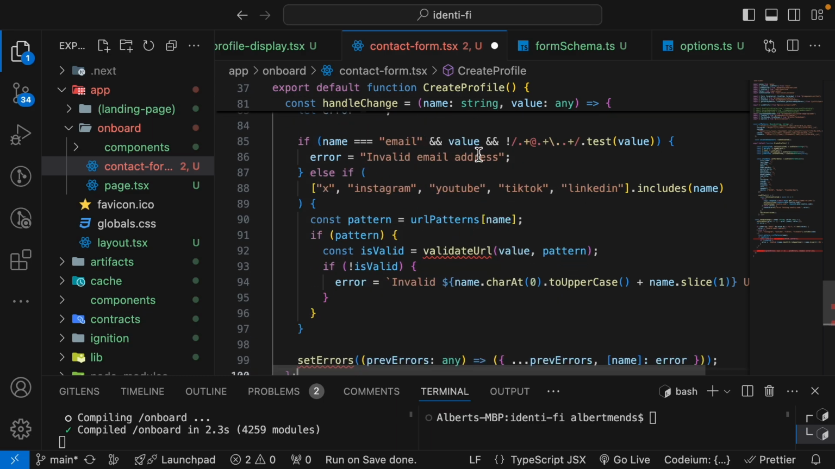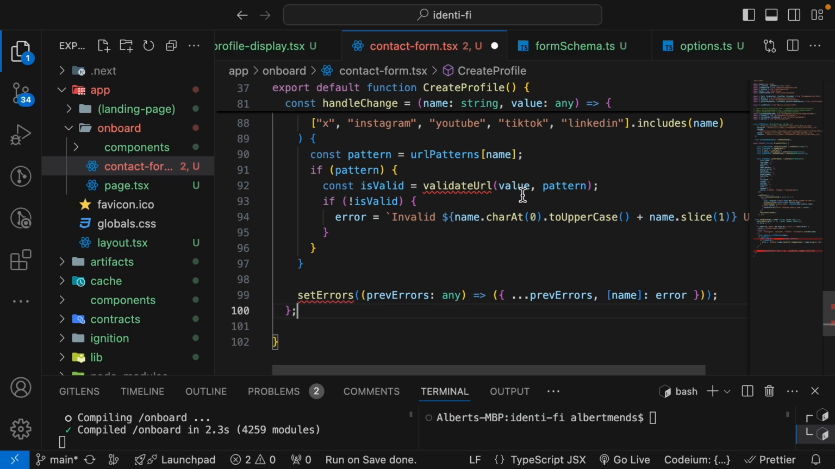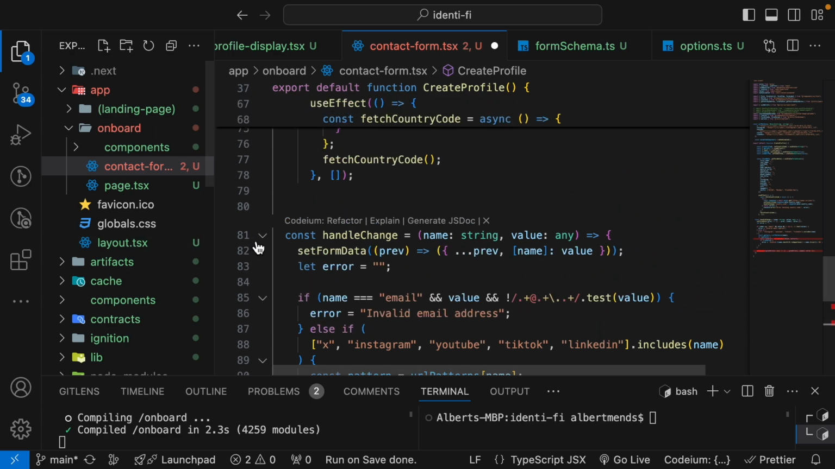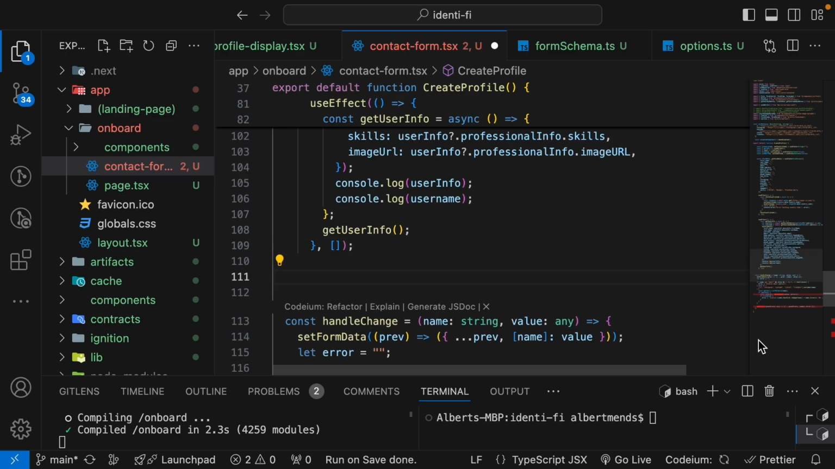We also do the same for email. We validate the email and also check for the social media patterns before we update them as well. And then finally we set the error messages. So we have handle change. And once we have that,